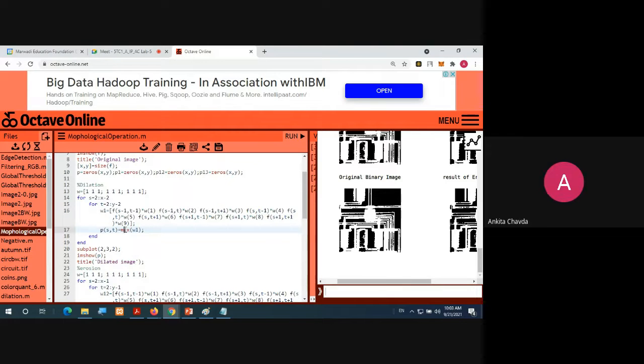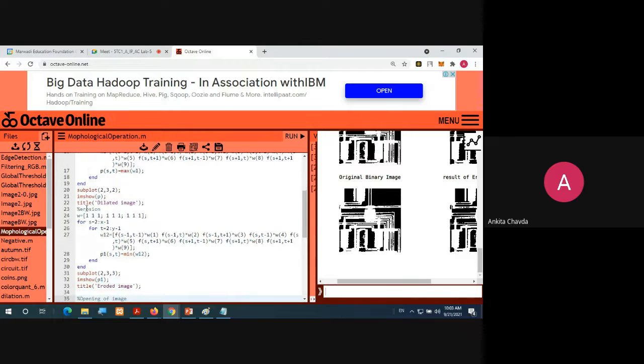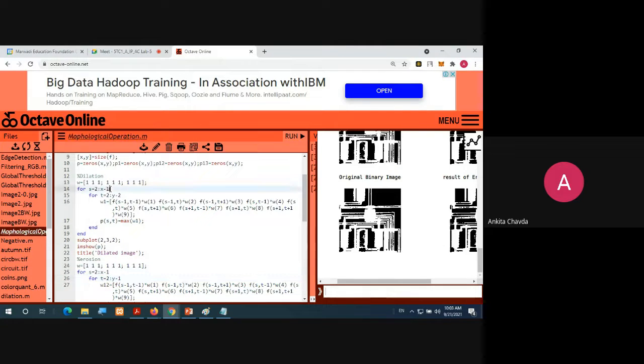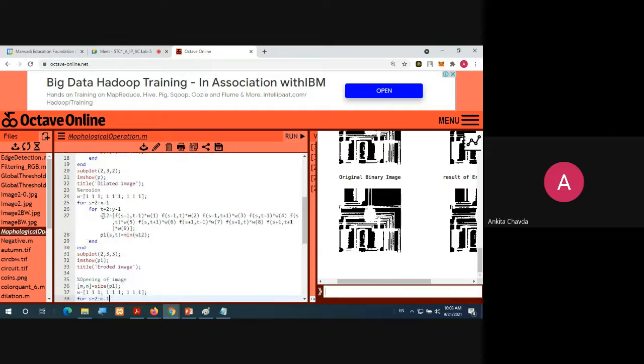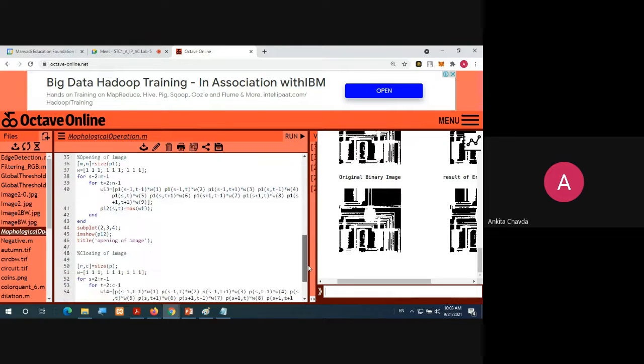Minimum. Yes, right. It's very easy. So this is your erosion: same structuring element, same data, right? S and T run from t to x minus 1 or y minus 1, or you can take x minus 2, y minus 2 here. It won't give you any difference, right? Then you take another variable where you simply do this multiplication, and the middle pixel will be replaced with whatever the minimum value is. Fine.